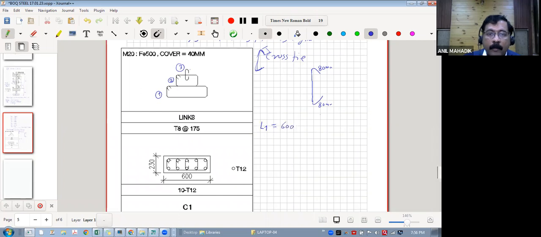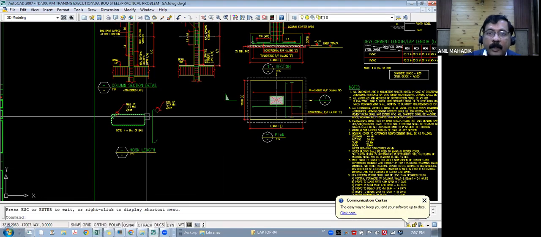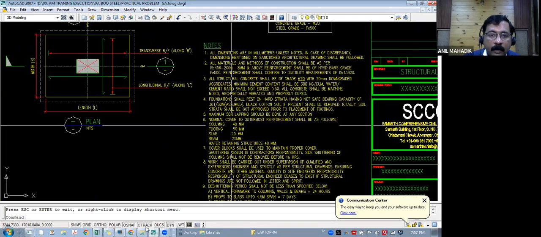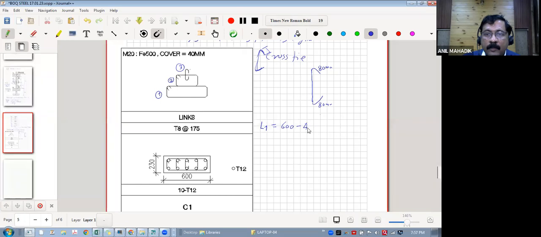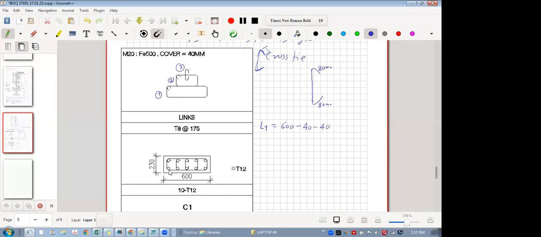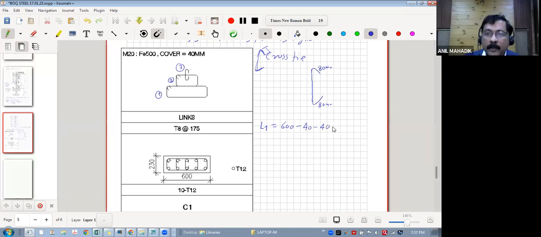Now check the cover given in the drawing. The cover for the column is 40, right? So 600 minus 40 minus 40, that is one side,